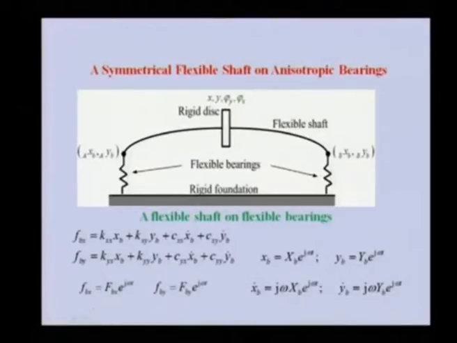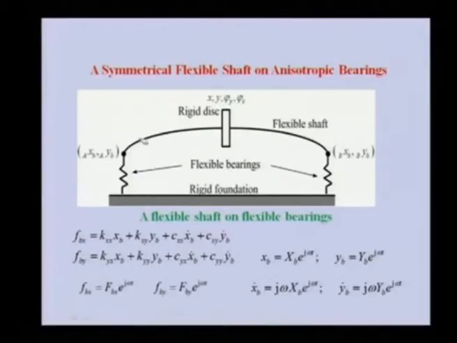And once we have that, then we can do the unbalance analysis of such a rotor system, in which we can calculate the critical speeds. Now, there is a disc which is not necessarily at the center of this flexible shaft. If it is not at the middle, obviously we need 4 degrees of freedom to define its position, that is x, y, phi y and phi x.